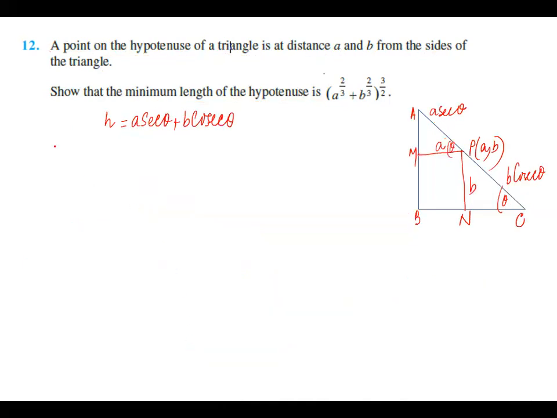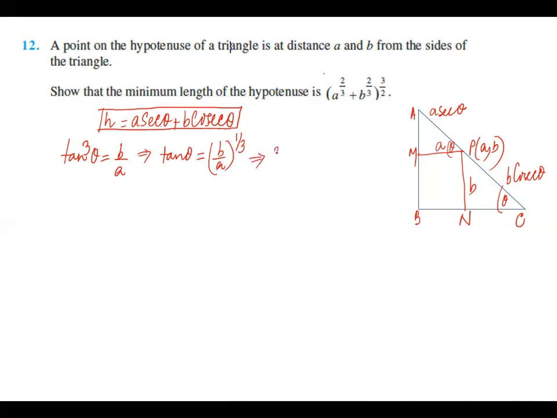So I'll write tan cube theta is equal to b by a. I'll start from here. I have taken another page where h we have already calculated. Tan cube theta I got b by a. From tan cube theta I'll get sec theta, cosec theta, then I'll put in the length of the hypotenuse. So tan theta is equal to b by a to the power 1 by 3,